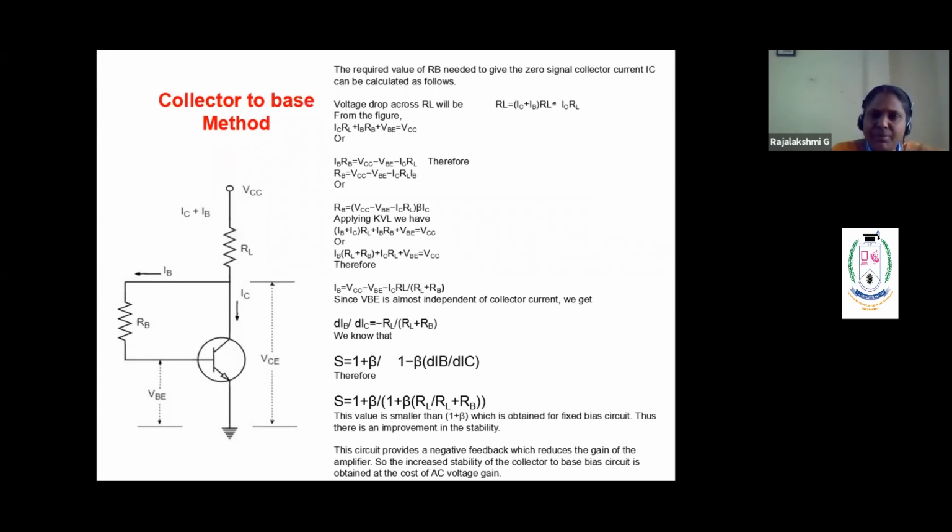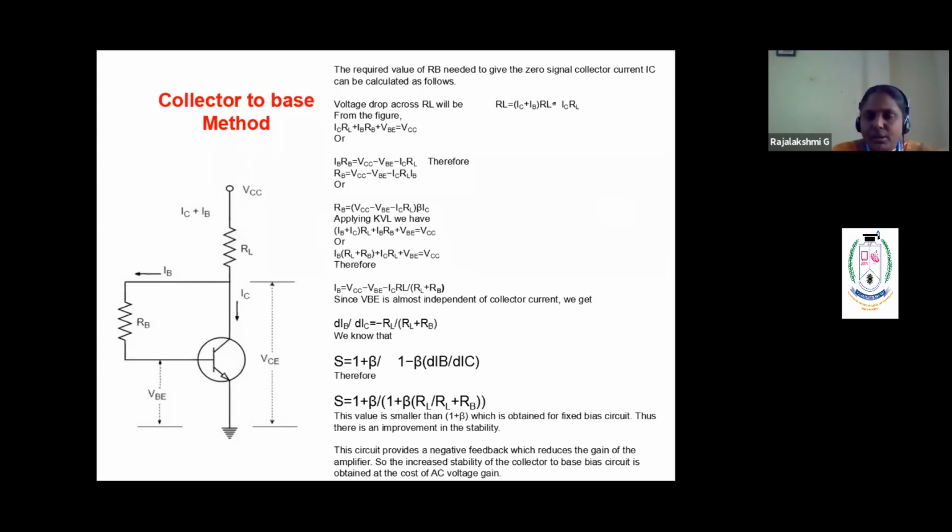So in the same way you find out what RB is from the equation, after writing RB, try to find IB from the same equation, applying Kirchhoff's voltage law. This is what you have to do in all the biasing. Try to find the RB value, because RB is going to decide the stabilization factor. So find RB, find IB. Why find IB? Because it is dIB by dIC that we have to find out. So find that also and substitute it in the stability factor equation.